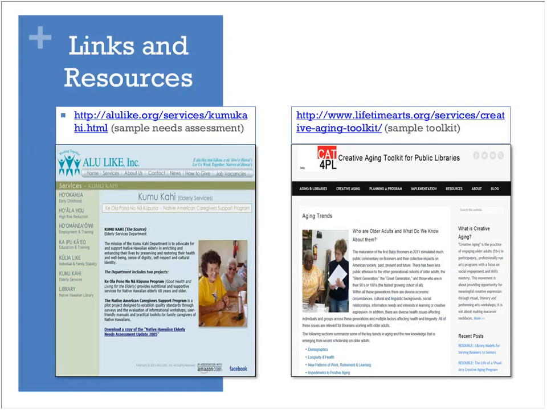In addition, I wanted to share some links to a couple of sample resources. One is from the Alulike Native Hawaiian Library, which completed a needs assessment to try to improve access to library and literacy services for their community, increase awareness of the library, and try to assist with the documentation of genealogy. So they expanded their services to both traditional and digital library materials, which other organizations have found is key